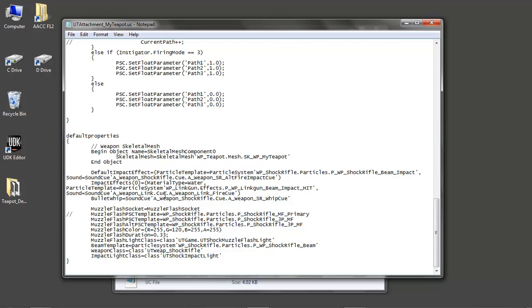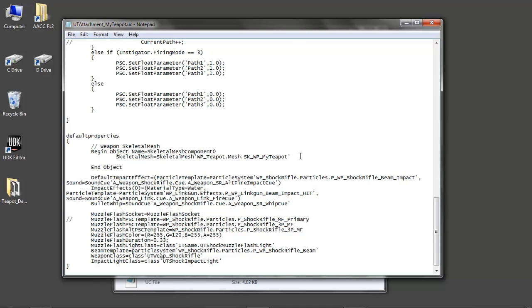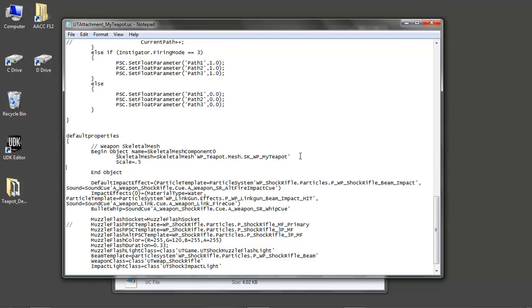So we changed that. Now there's other information about explosion particles. We're not going to touch any of that at this point. We want to go find scale. Let's see. So we got my teapot, and then we want to do a couple things to actually alter the size of this object so it kind of works. So we're going to do scale equals 0.5 so it doesn't come in too big, and then we want to do another rotation equals yaw equals